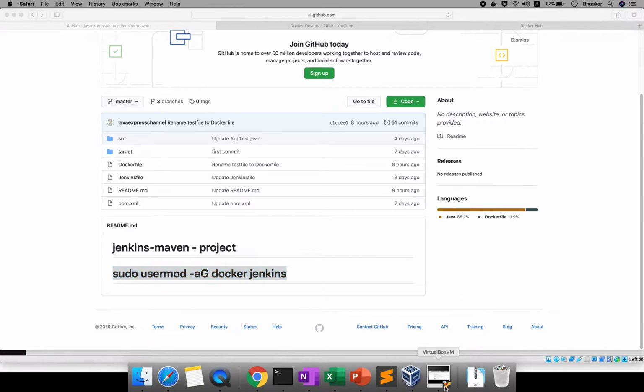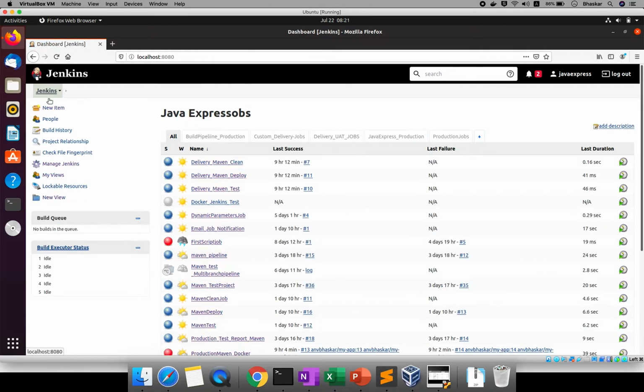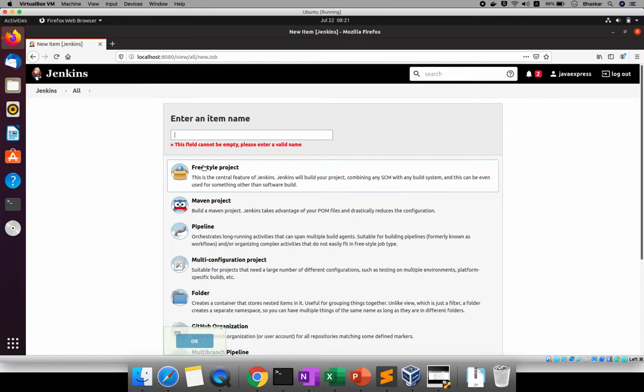Once this step is completed, come here and create a new item. I'm creating the new job. We'll take the freestyle project. What I will take is maven_docker_jenkins.